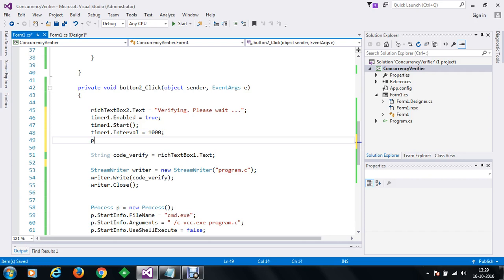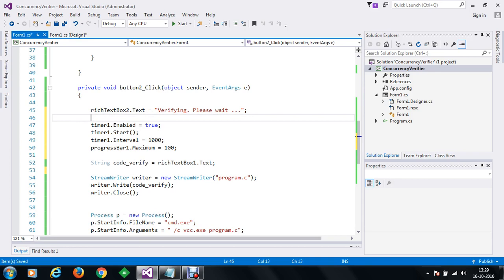Now we are going to set the value for our progress bar 1 dot maximum is equal to 100. And next, I would like to set one more value. Once we set that to verifying, we are going to set the progress value to 10.